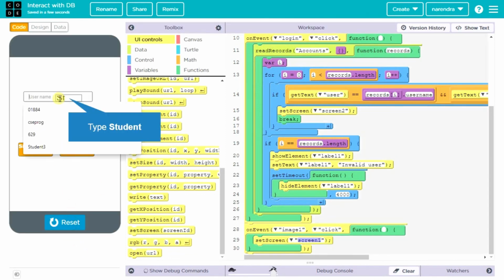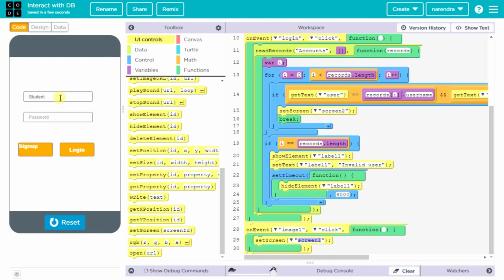Let's give a valid user ID, student3, password is hi, hello. As it is a valid username, once I click the login button, it goes to the next screen. And if I want to go back to the previous screen, I can click the back button. You can come back here. After successful login, we are moving from one screen to another screen. Then if you want, you can go back here. This button is for sign up, and this button is for login.